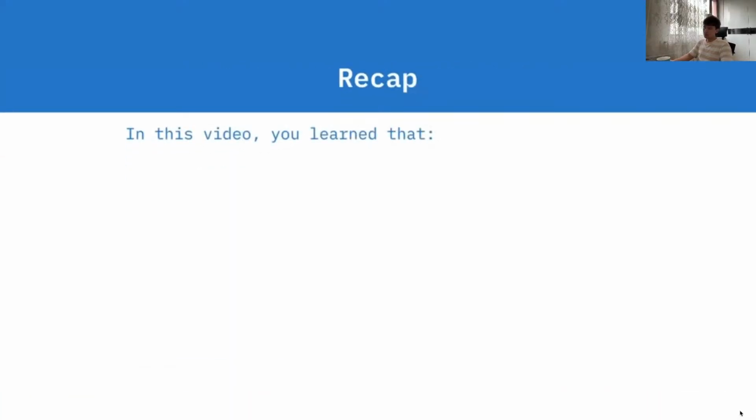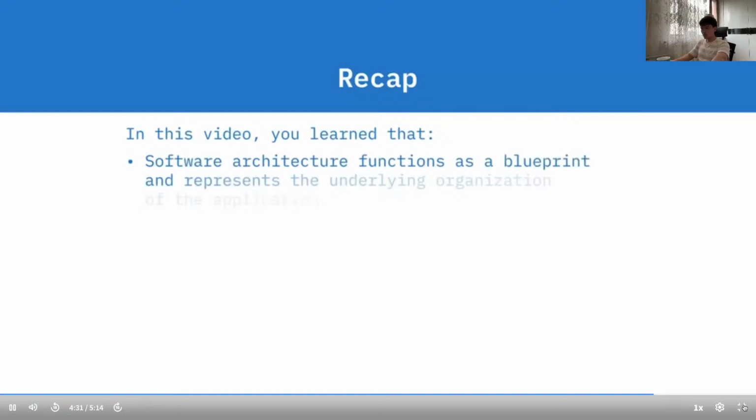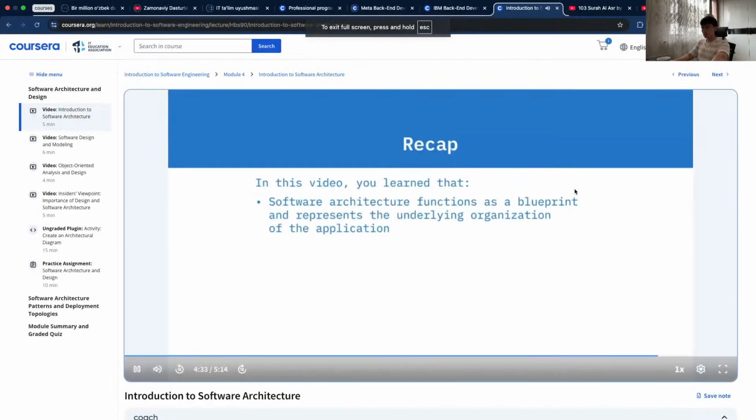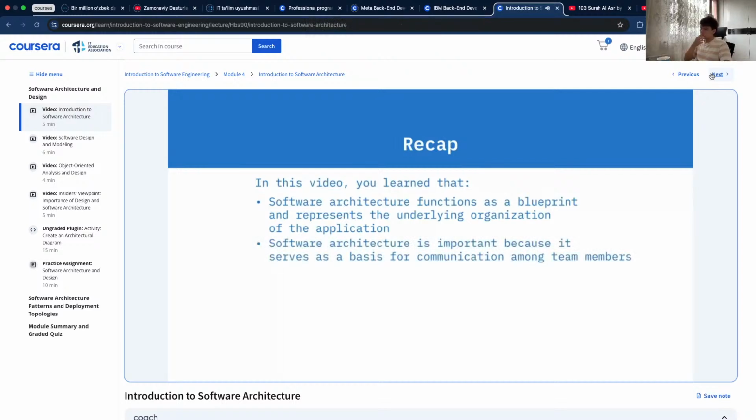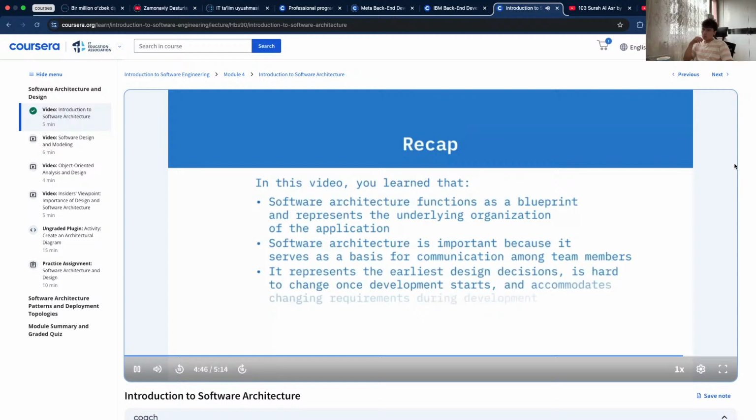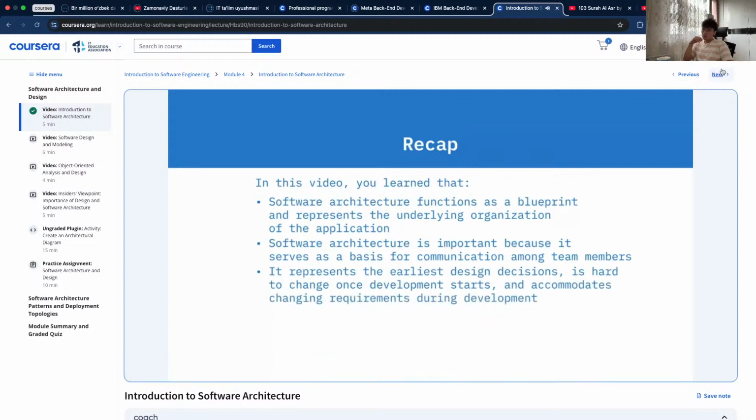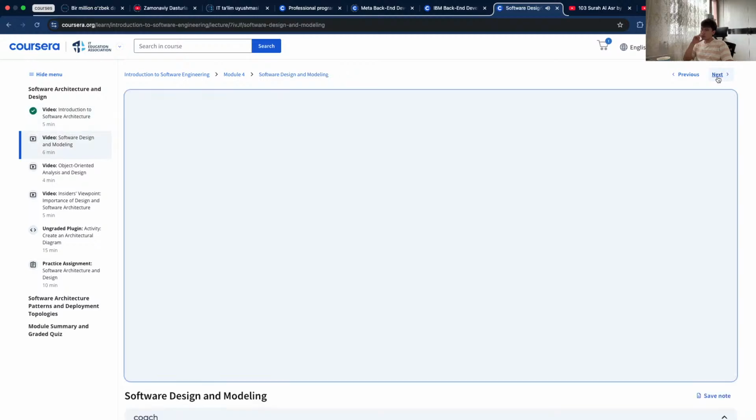In this video, you learned that software architecture functions as a blueprint and represents the underlying organization of the application. A good architectural design is important because it serves as a basis for communication among team members. Software architecture represents the earliest design decisions, is hard to change once development starts, and